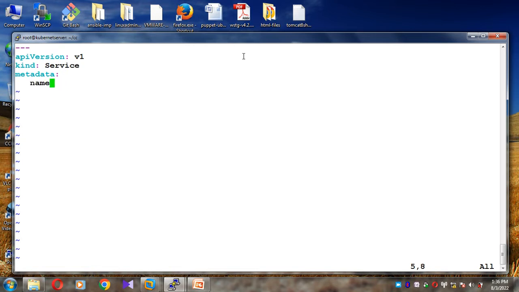In every file these are all common: API version, kind, metadata and spec. Name my-service, labels, app: local-nginx. Spec,